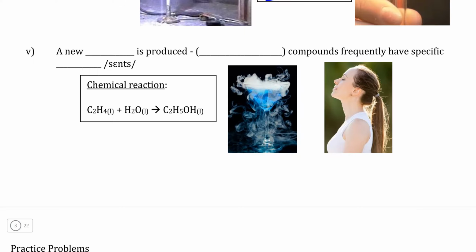And finally, even though we can't use our sense of taste most of the time when working in chemistry, we can use our sense of smell. And this is particularly common when dealing with organic compounds, because many organic compounds have very, very distinctive scents about them. So in this example here,